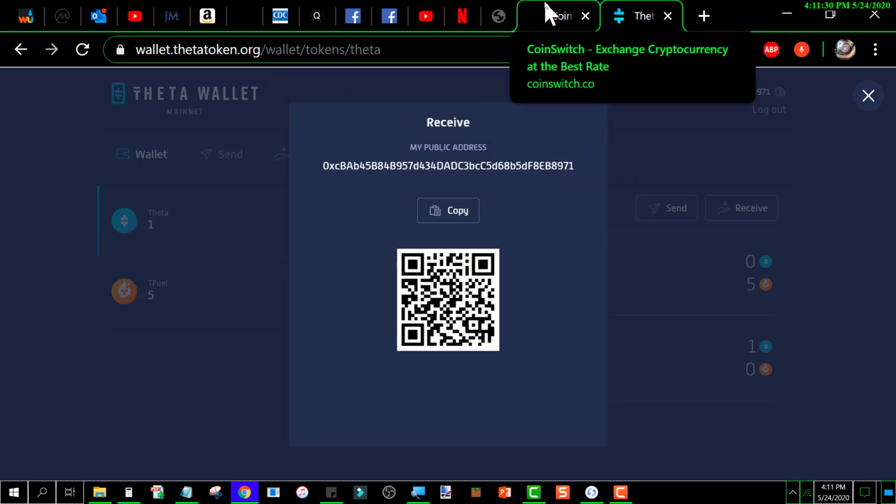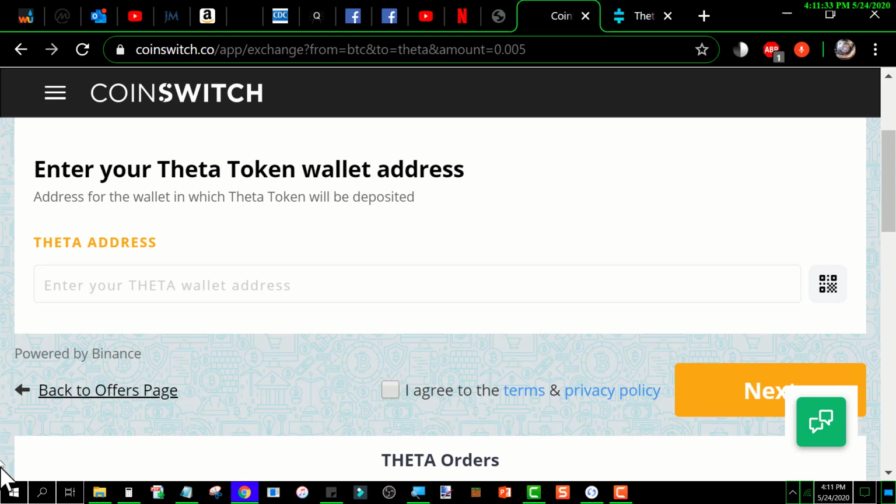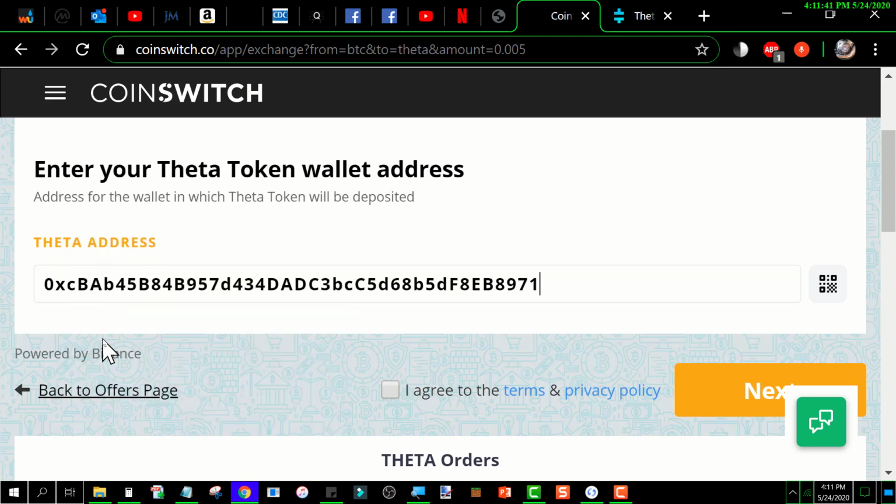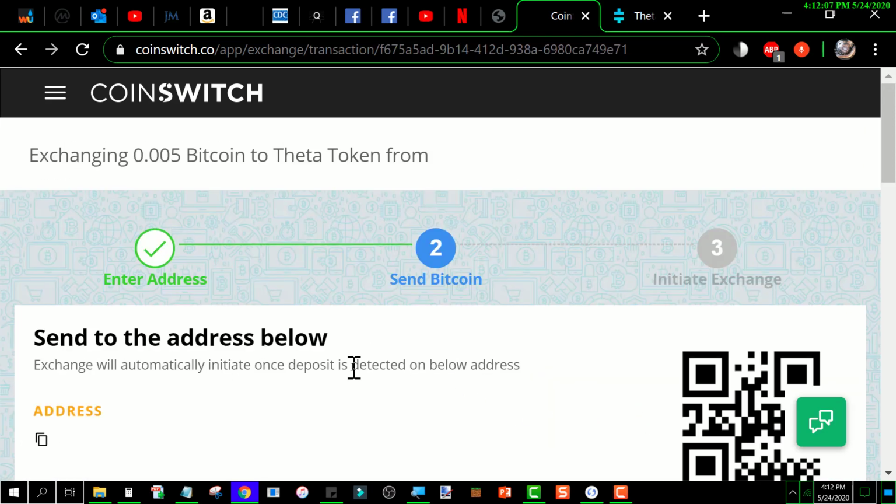So then I go back over here and I have got my cursor flashing there. So if I right click and I click paste, it pops the address of my Theta wallet in there. That's where it's going to send the Theta when it receives. So the next thing to proceed is down here, the I agree with the terms and conditions. You have to check that, and you click on this next button over here, and it'll take you to this